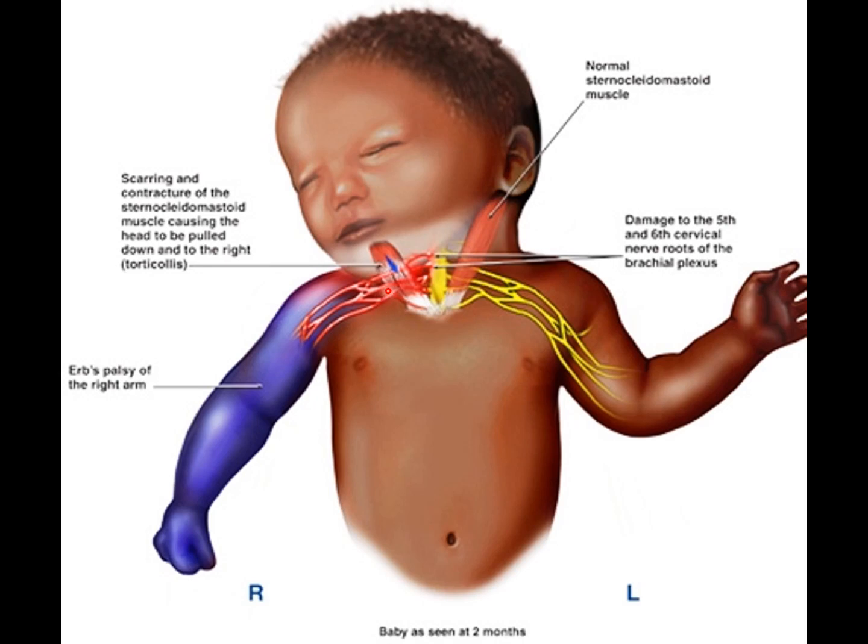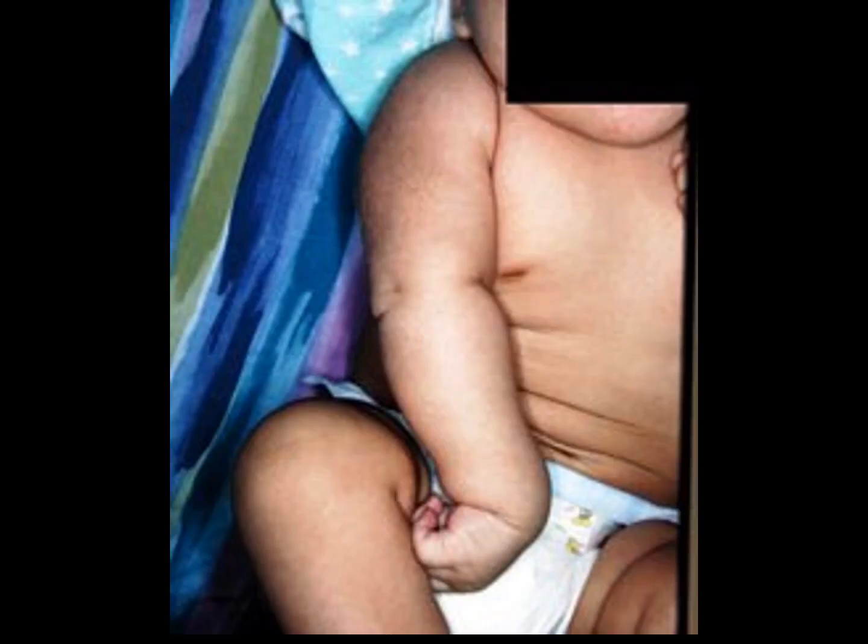So it also compresses the brachial plexus and causes injury to the C5 and C6 roots, known as nerve palsy. So damage will occur to the two roots, that is C5 as well as C6. So it can be due to torticollis, which is the contracture of a very important muscle of the neck known as sternocleidomastoid. So the presentation of the baby will be that the hand will be adducted.